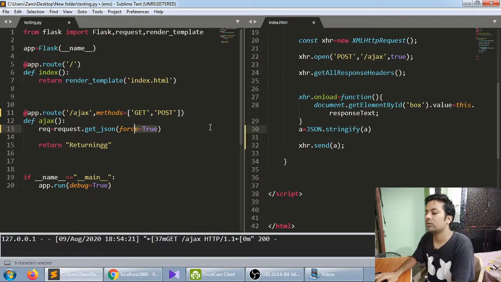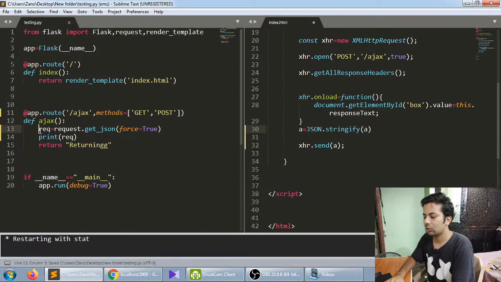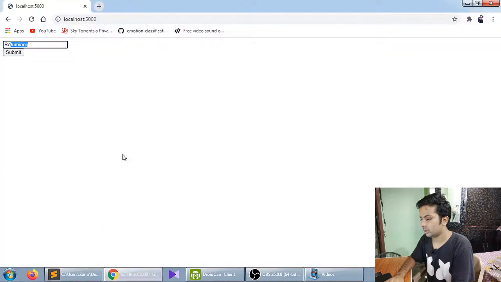You really have to make force equal to true, without it it can't be done. And now let me just print rec. Okay, see, whatever must have come, it must have gone in the req variable. Okay, now let's just reload it.